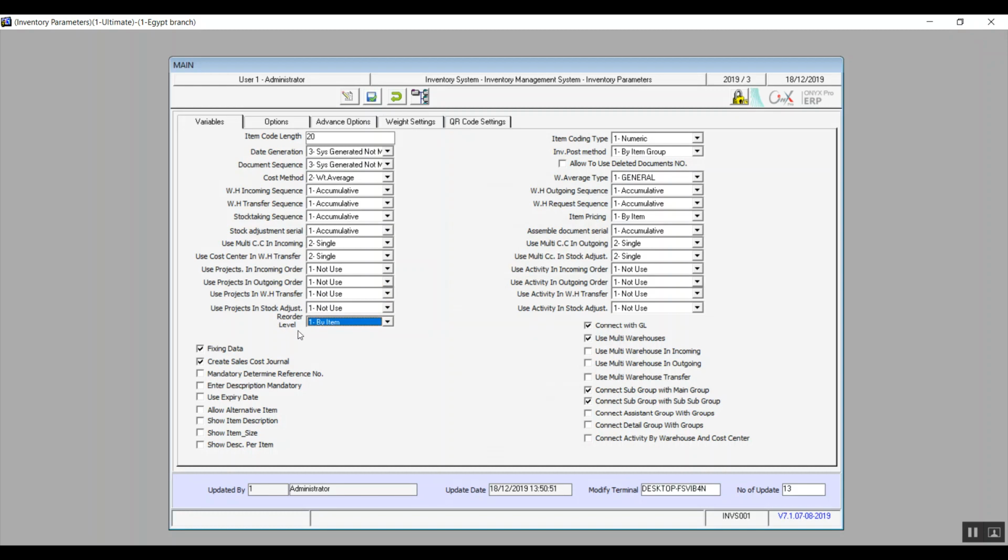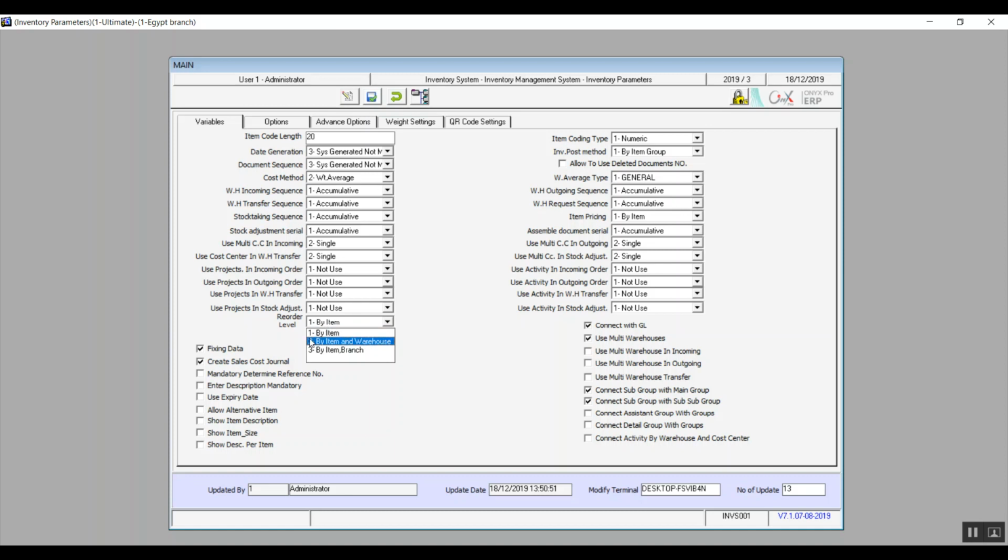Reorder level. The drop-down menu here contains 3 choices: by item, by item and warehouse, by item and branch. Reorder level basically allows the user to order or reorder an item when the stock of that item is running low or below a certain level. Now, what do those options basically mean, or the changes that they would make? By item means that if the stock runs low in one warehouse, then the system will allow you to reorder that item across every warehouse and every branch in your enterprise or company.